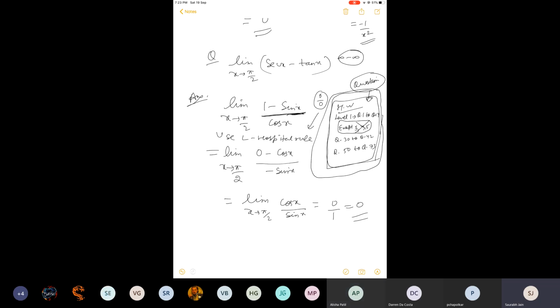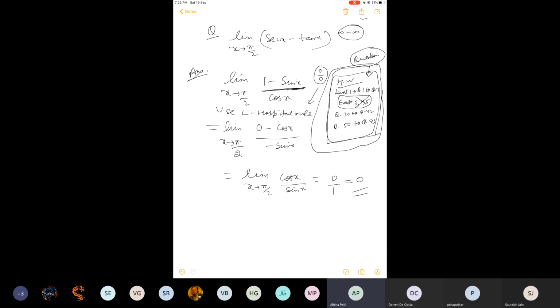Yes, you want to ask something? I had a doubt. If x upon 0, where x is not equal to 0, is it one of the indeterminate forms? Wait a minute. Please specify the numbers in the numerator and denominator. What is there in the numerator? x, where x is not equal to 0, that means any non-zero number. And the denominator is 0. Is any limit given? Is it exact 0? Yes, sir, exact 0.